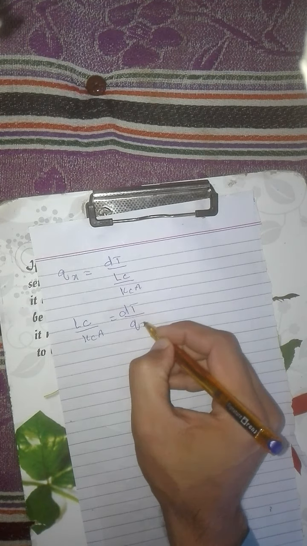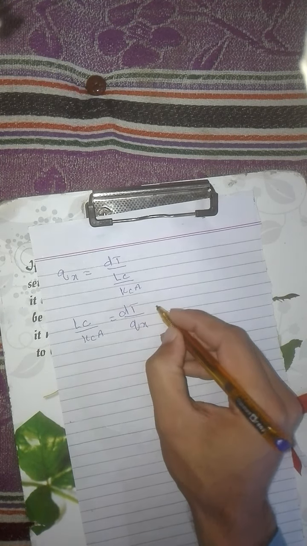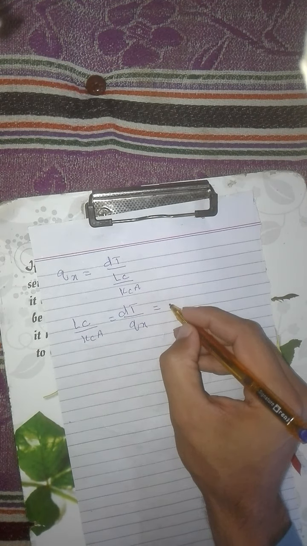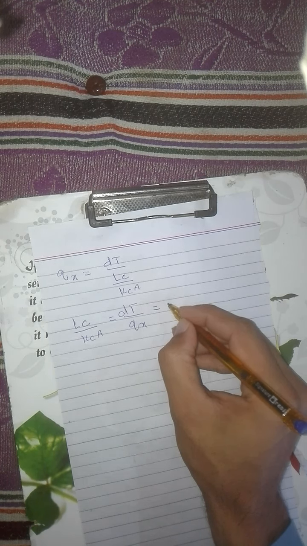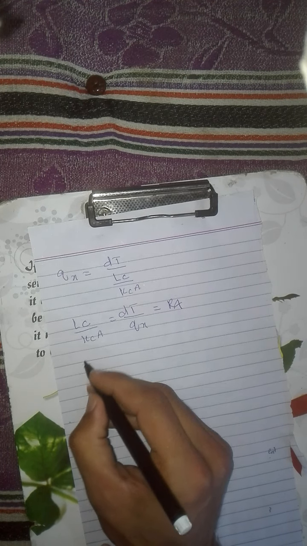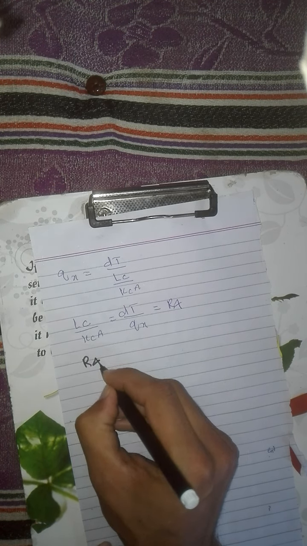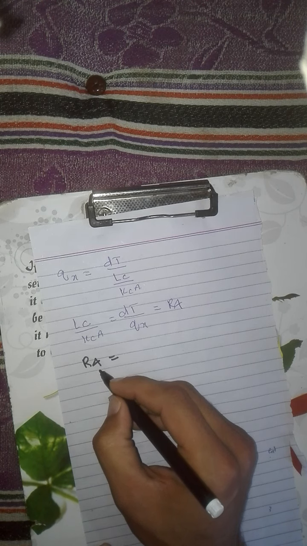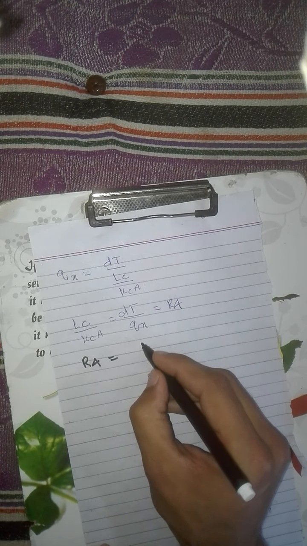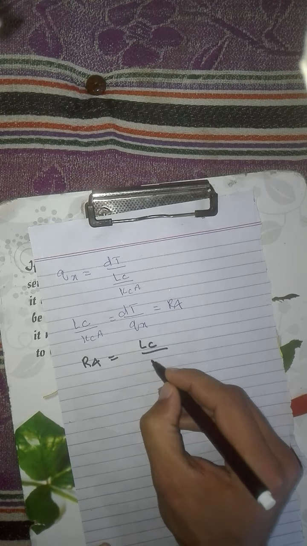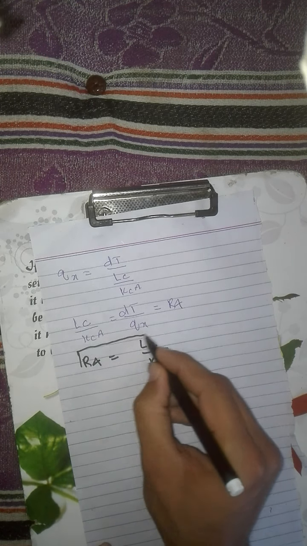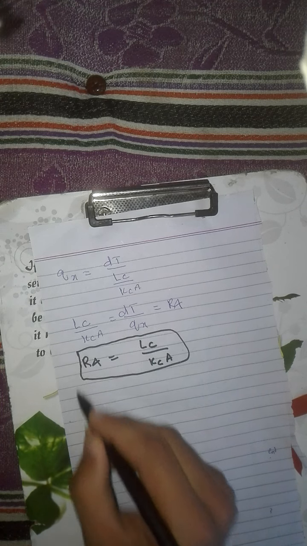So this is again the temperature difference divided by the heat rate due to this temperature difference, and the ratio of temperature difference to heat rate is called a resistance. This resistance we call R4. So R4 is the resistance provided by wall 3, given by Lc, the length of wall C, divided by the thermal conductivity of wall C and the cross-sectional area of wall C. This is the resistance provided by the third wall to the heat transfer.